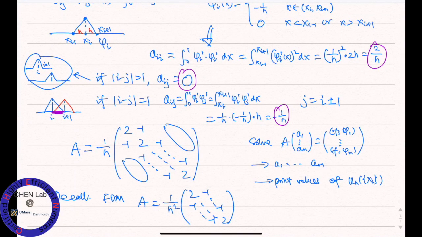So it's similar to the finite difference: you assume the value and then solve for them. So for this particular case, the finite element method is equivalent to the finite difference in